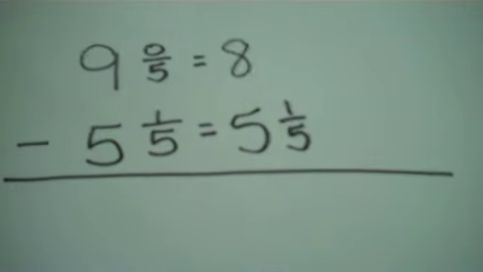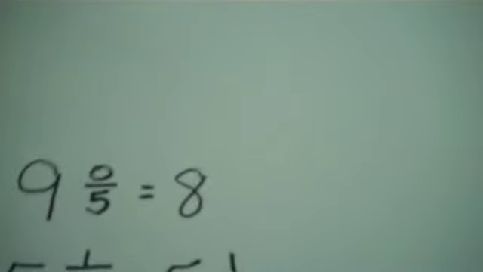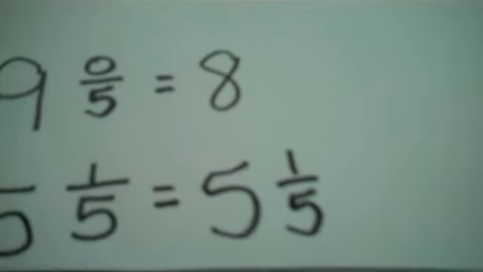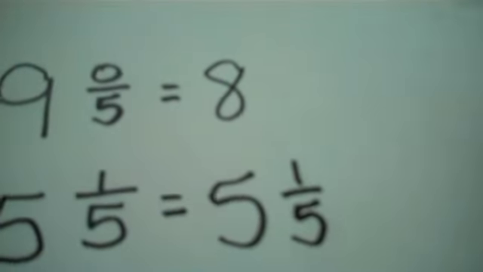Now we talked about a little bit ago how when we have this fraction that is 5/5, that equals 1. When we have 3/3, that equals 1. When I have 11/11, guess what? It equals 1. Okay? So because I took 1 away from this 9 in order to make a fraction that I could subtract from, I'm going to borrow